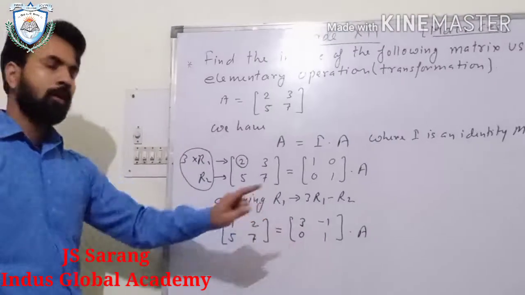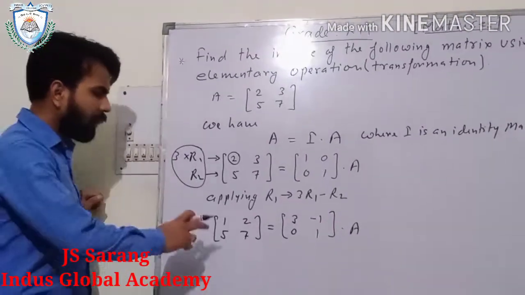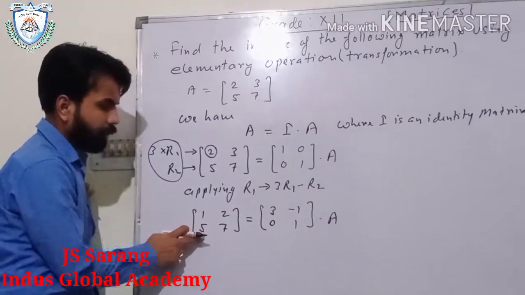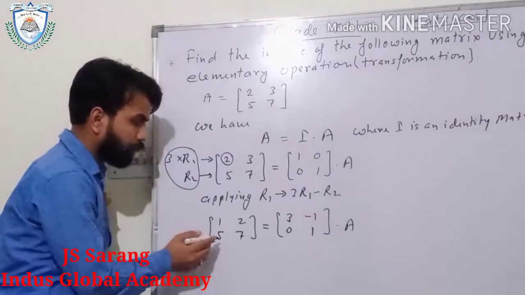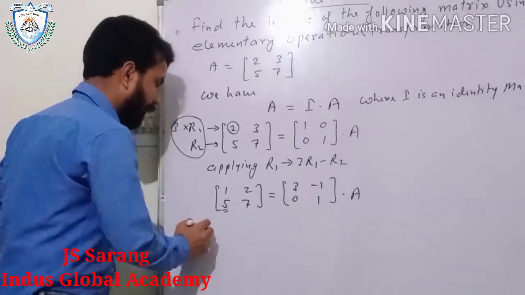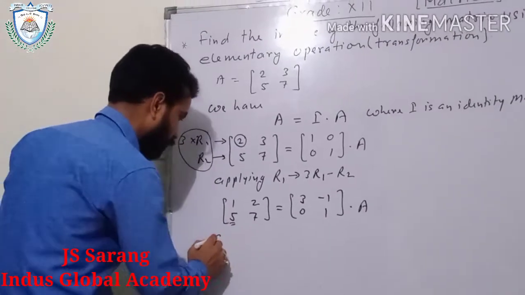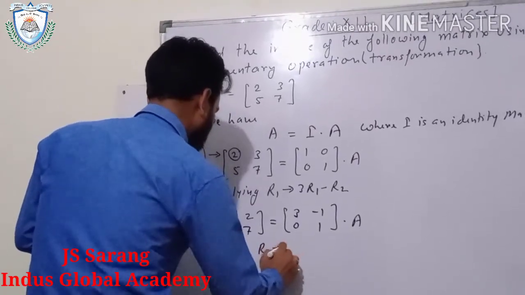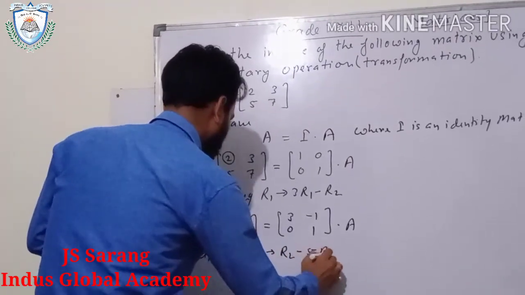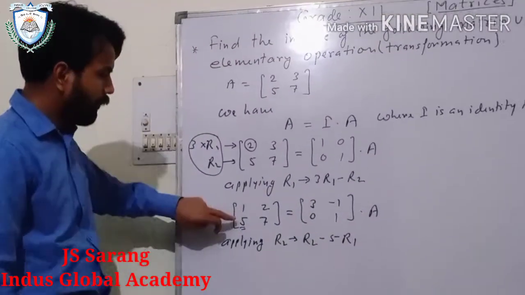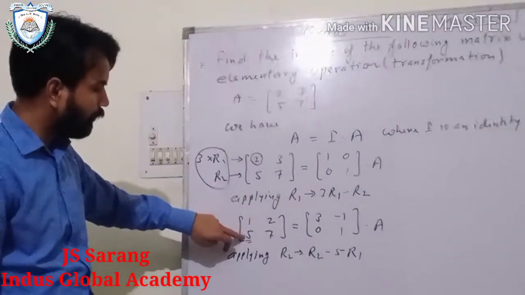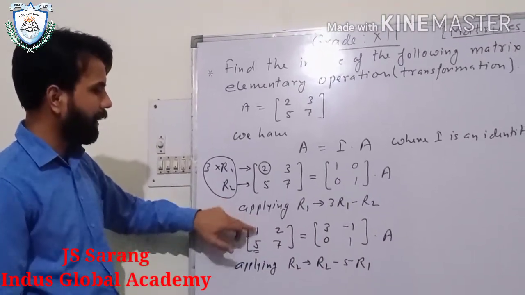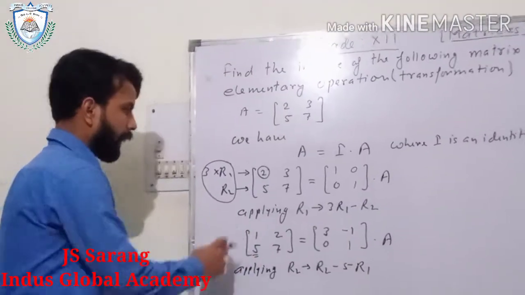Is it clear? Any confusion? Okay. Now, beta, we want to make this 0. So how can we make it 0? Here we will apply an operation in R2, that is R2 minus 5R1. See, we want to make it 0. So this is 5 minus 5R1. If we multiply R1 by 5, 5 1s are 5, 5 minus 5, we will get 0. Apply.